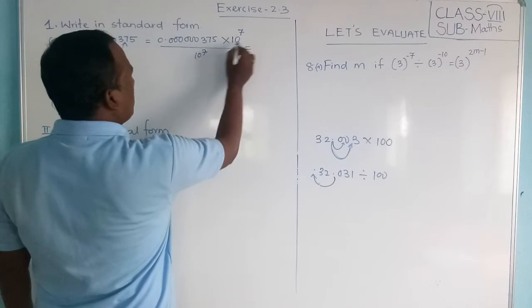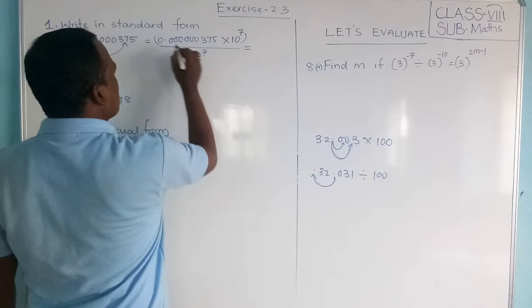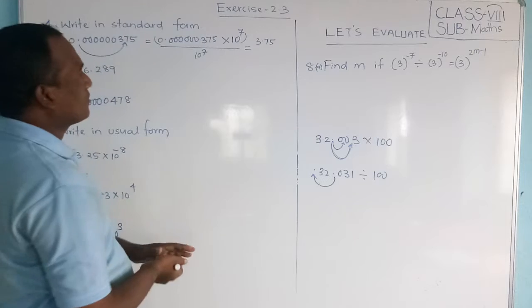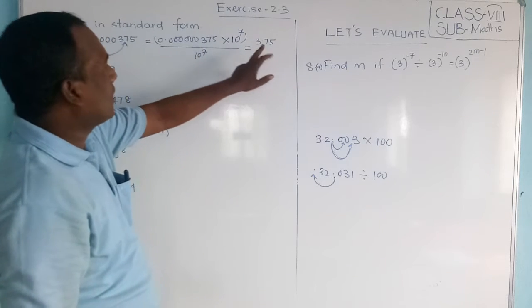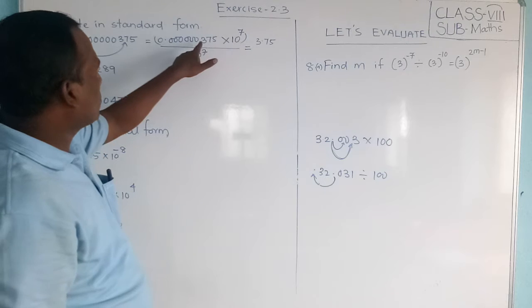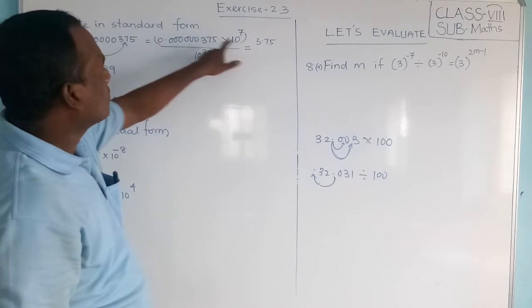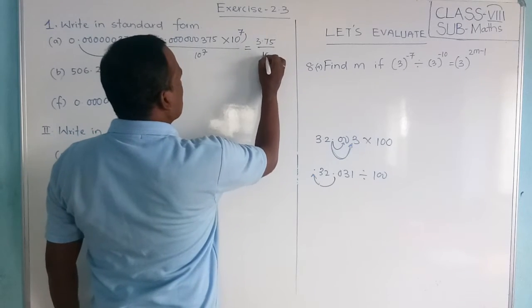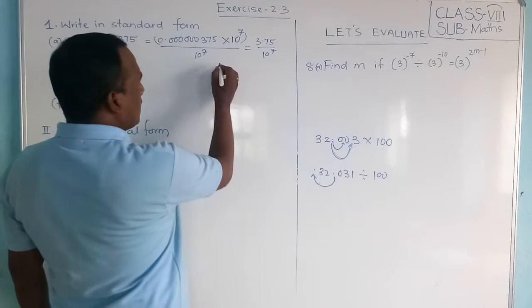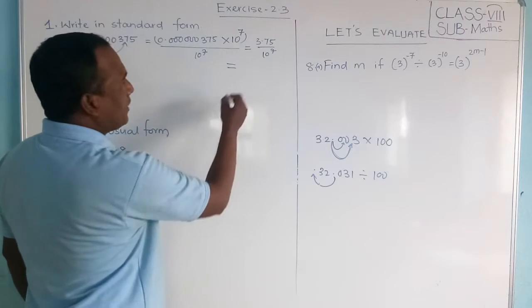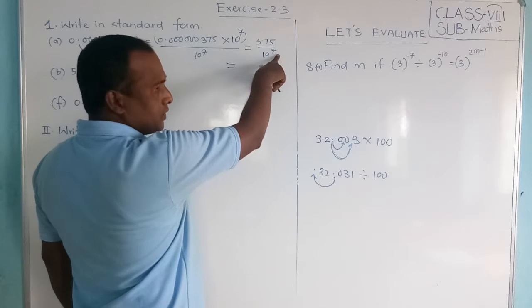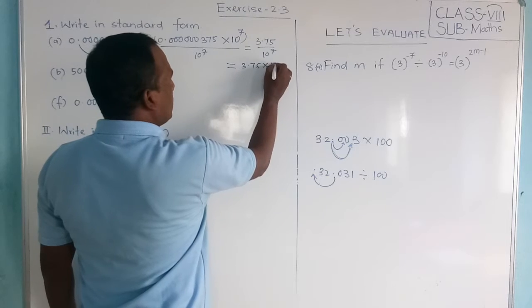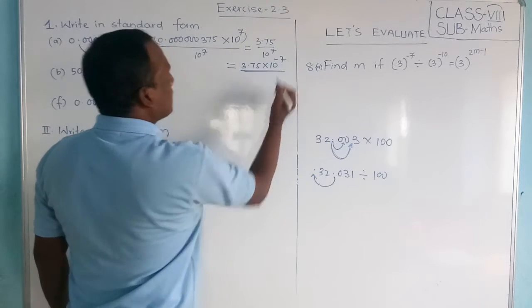Now if you multiply this odd number first, what will it become? It will become 3.75. Are you clear? Because if you multiply this number by this, the decimal point will come to here. So I have written it here. Now the numerator is multiplied by how much, friends? 10 power 7. What can we write? If the denominator is 10 power 7, a positive power, then moving it upward it becomes negative. So 3.75 into 10 power minus 7. This is our standard form.